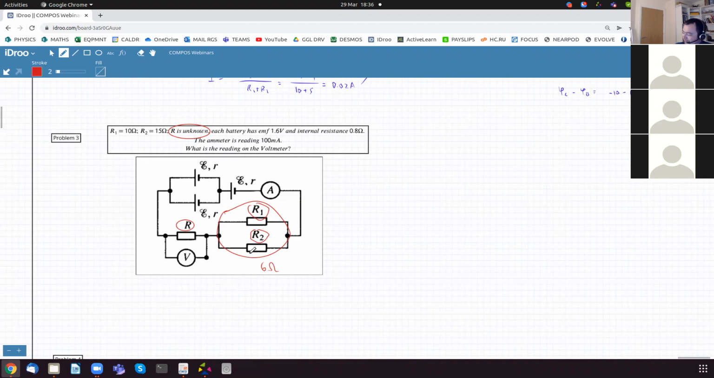People forget it. And which makes sense, 10 and 15, so the total must be less than 10, not dramatically less than 10, but less than 10, which is 6, which makes perfect sense. And let's look at this combination. This is a combination of two